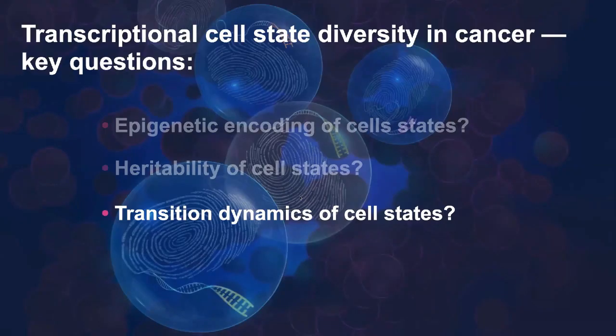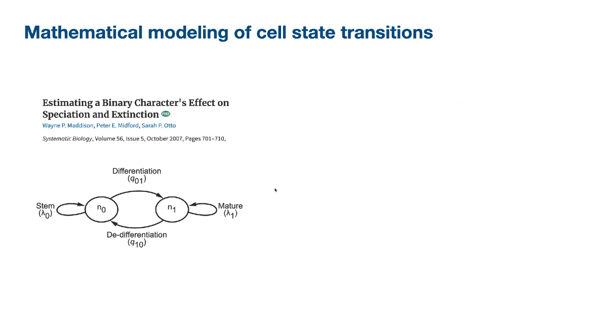And so this finding finally prompted us to ask at which rate transitions between cellular states occur. To answer this, we borrowed a mathematical framework from quantitative ecology used to estimate migration of different species across niches. We adapted this maximum likelihood model of binary state speciation and extinction to now estimate migration across cellular states. In our case, differentiation from stem-like to a differentiated state, or de-differentiation from a differentiated to a more stem-like state.